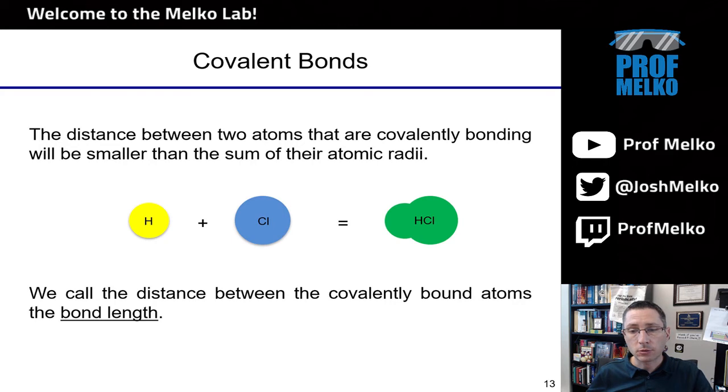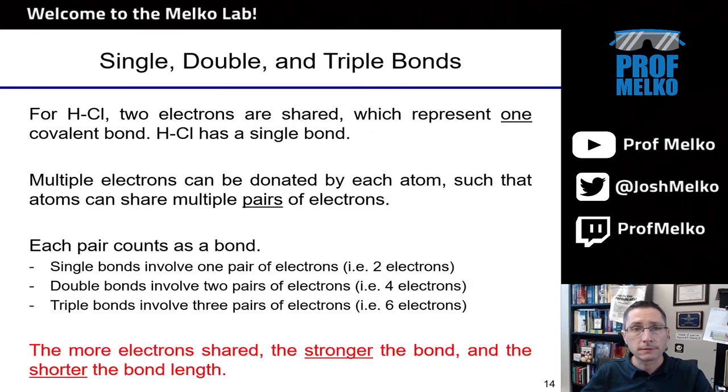We call this distance between the covalently bound atoms the bond length. Okay, and this is a term we'll often use. The chemical bond length in hydrochloric acid, HCl seen here, is this small length between the center spots of these two atoms, right? And that's going to be smaller than if you just stack these two spheres on top of one another, since they sort of morph into one another when they're sharing their electrons.